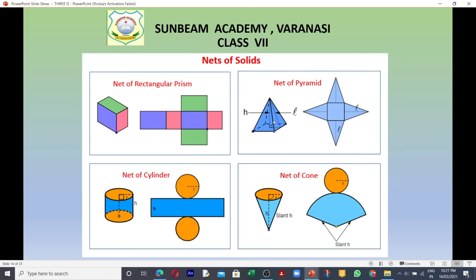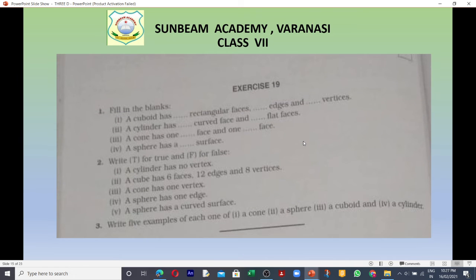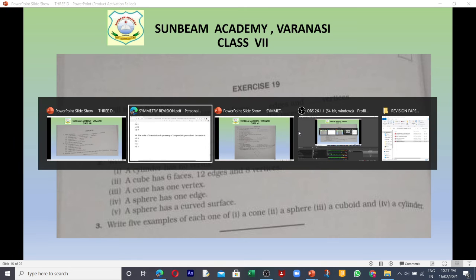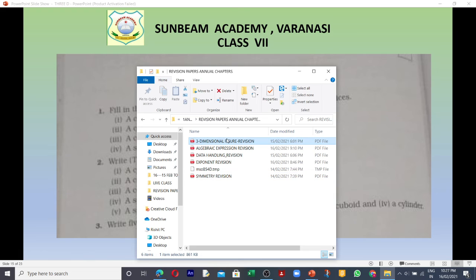अगर स्क्वायर होगा तो उसे स्क्वायर पिरामिड कहेंगे, अगर ट्रायंगल होगा तो उसे ट्रायंगुलर पिरामिड कहेंगे. Same case is in prism. Square prism means base and top are of square. Okay, then it comes to the question answer. So now what is our task? Our task is to do the set of questions.